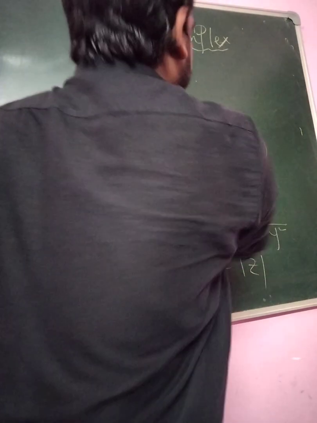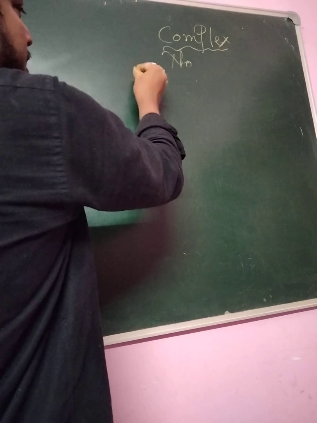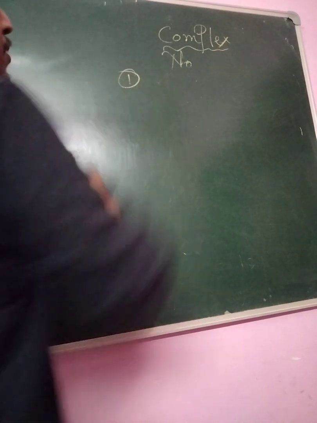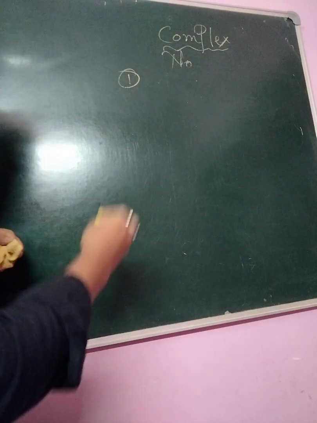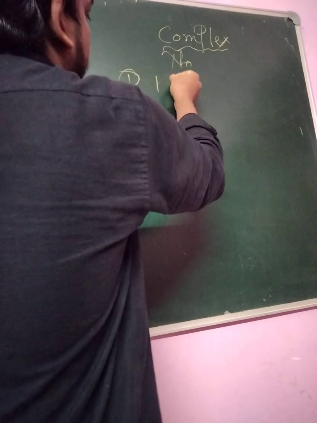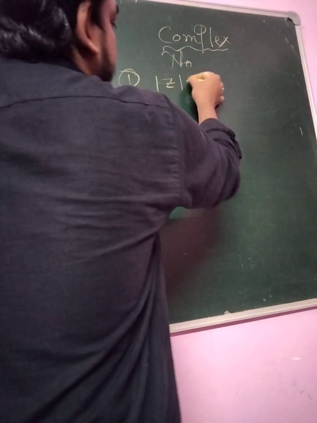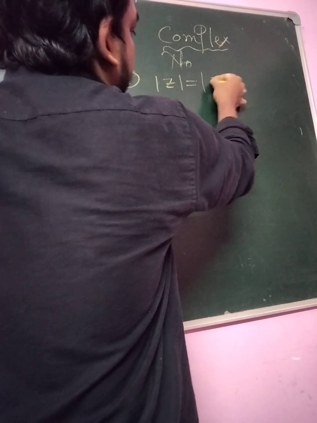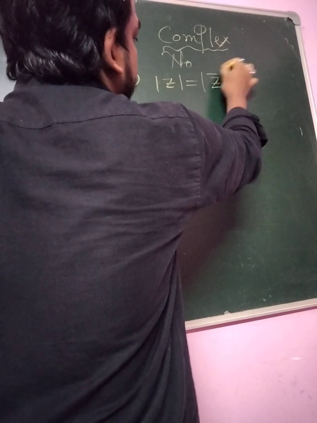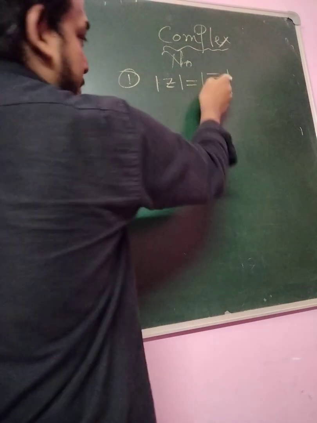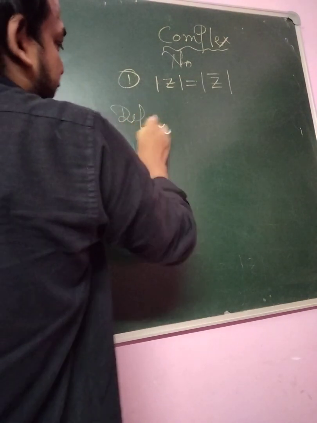Here we can discuss some properties of the modulus of z. We know that the modulus of z is equal to the modulus of z bar. How can we prove this one? First of all, what is z bar? Now again we define